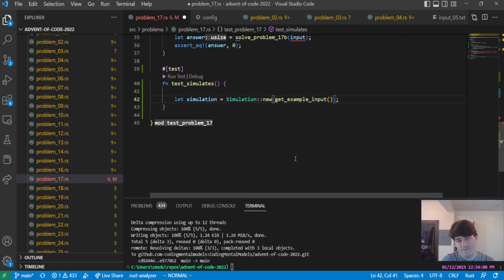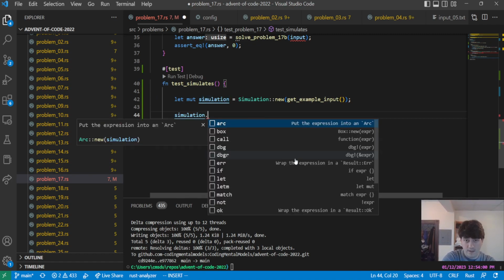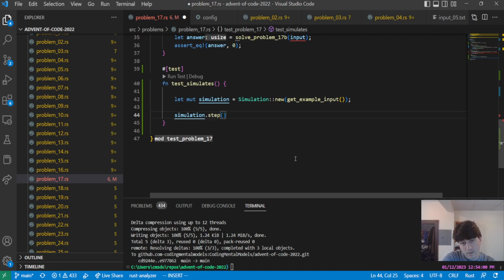Clearly there are some parameters that we could inject, but I think we'll just make them core to the simulation. So let's say it should be mute. So simulation.step